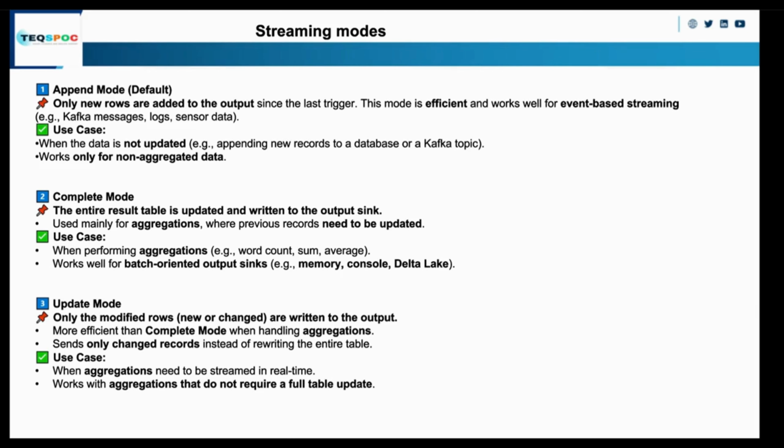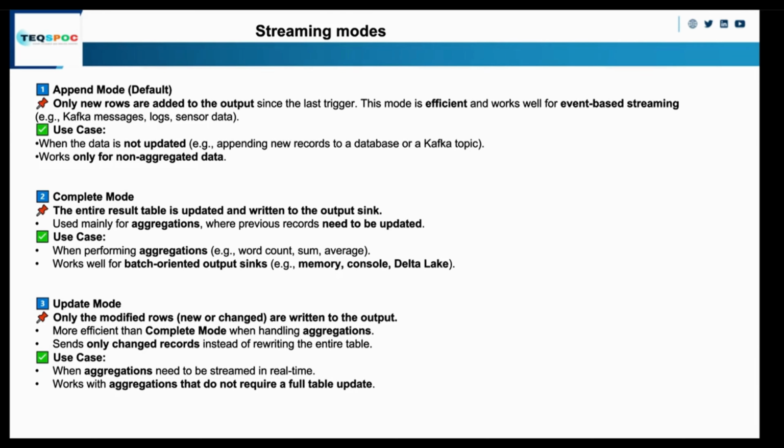For aggregation, the previous records need to be updated, right? Suppose I'm aggregating by key, and the key is department, and I'm aggregating all the salaries. Say there are three departments, each getting 10,000. Then the average would be 10,000, or if I do a sum, it will be 30,000, right? Whenever a new record with the same department comes in,